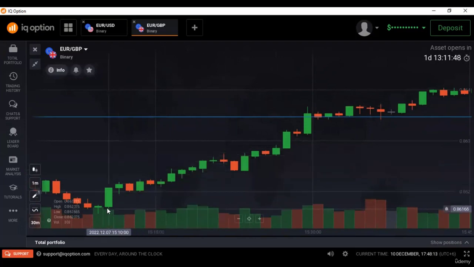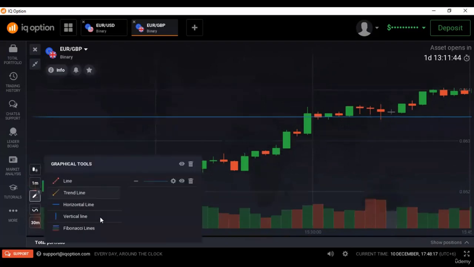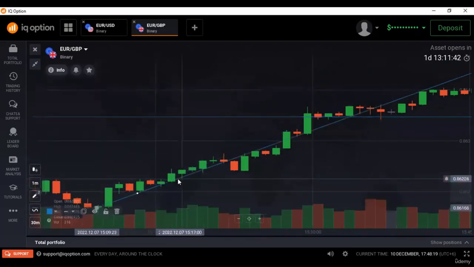So if we draw any level, if we draw any support here from here, we can easily